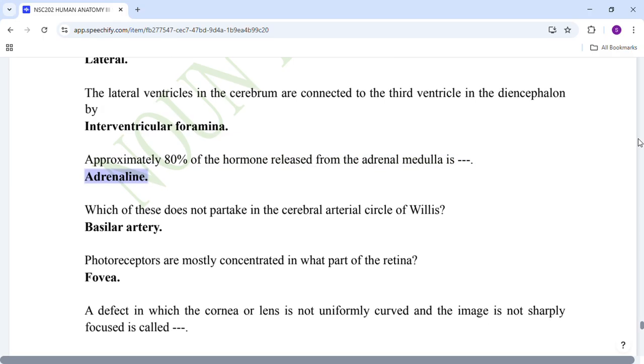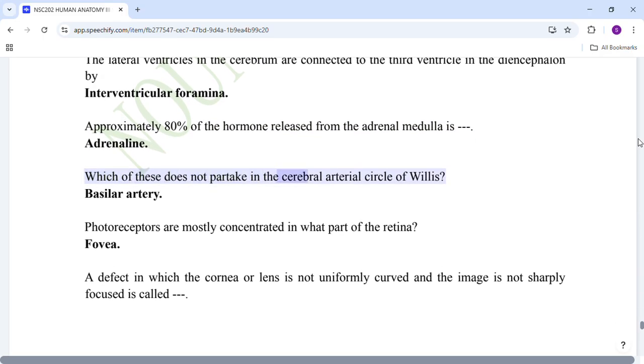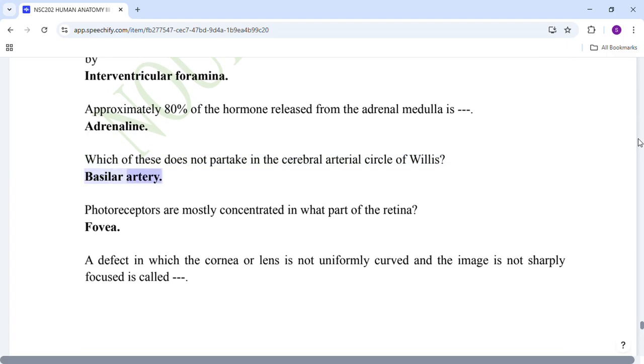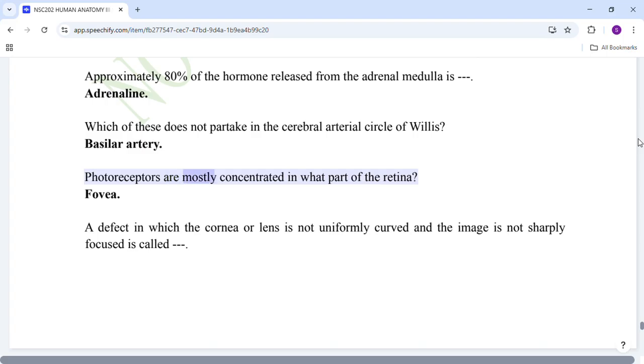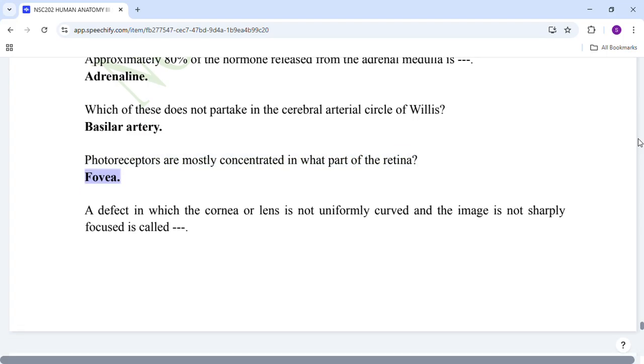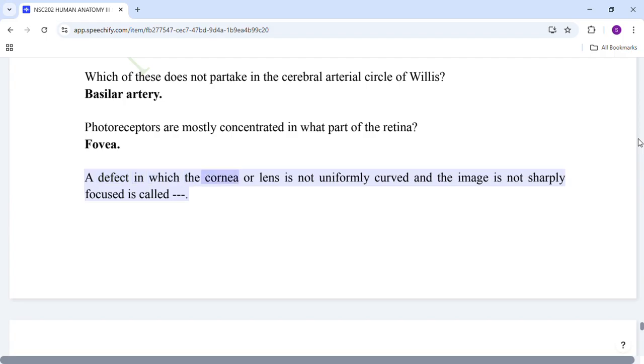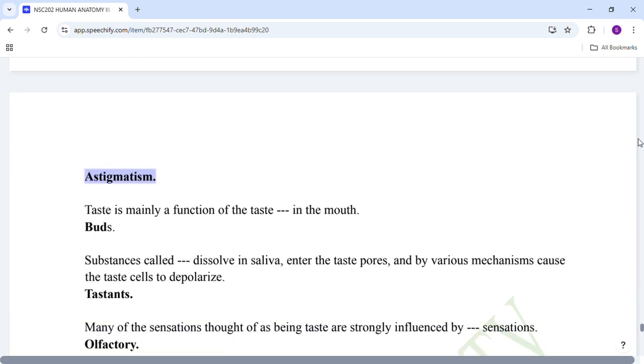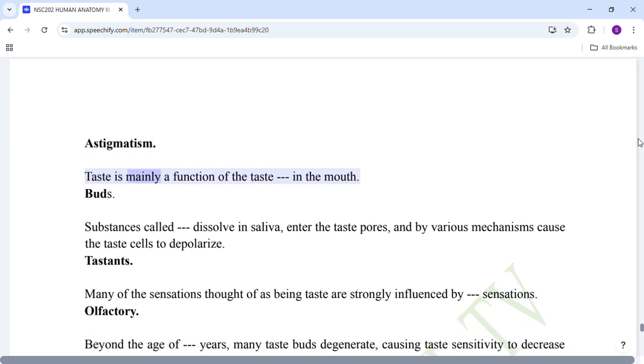adrenaline. Which of these does not partake in the cerebral arterial circle of Willis? Basilar artery. Photoreceptors are mostly concentrated in what part of the retina? Fovea. A defect in which the cornea or lens is not uniformly curved and the image is not sharply focused is called astigmatism. Taste is mainly a function of the taste